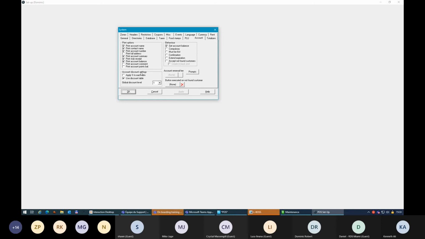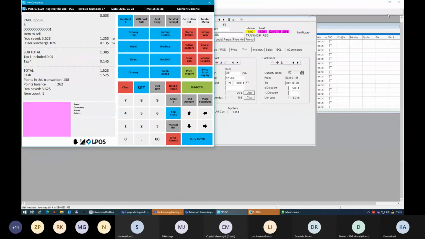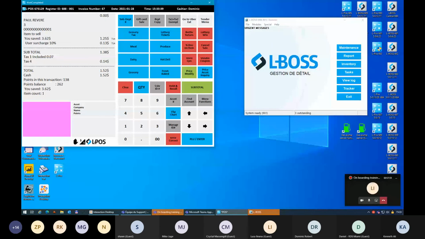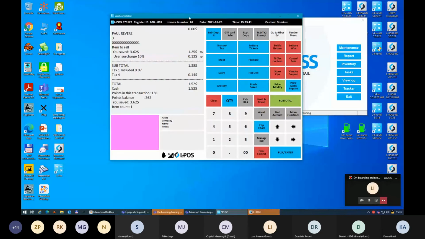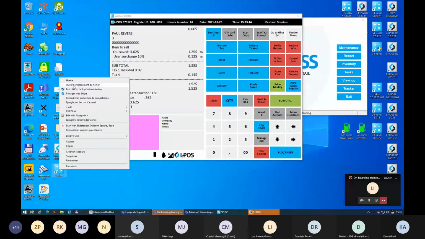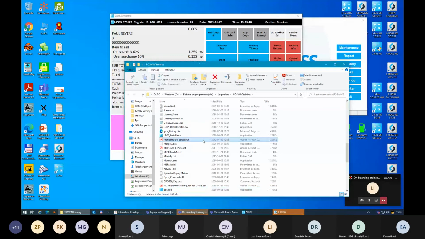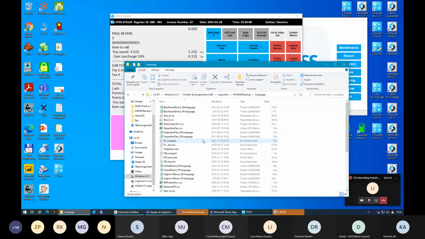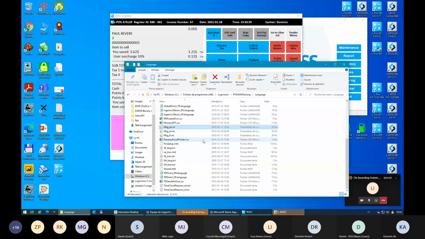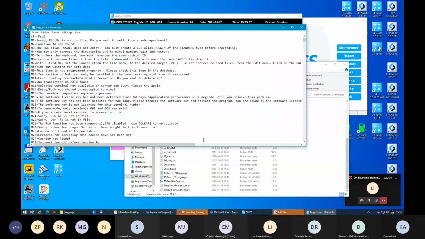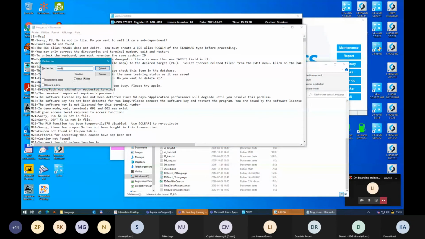Yes, Jimmy, there is a way. Before I say too much, most of the messages in the POS can be edited. They are under where the POS is installed. There's a folder called languages, and there we have a few files. I think it would be MSG, so MSGEN. And if I look for surcharge,